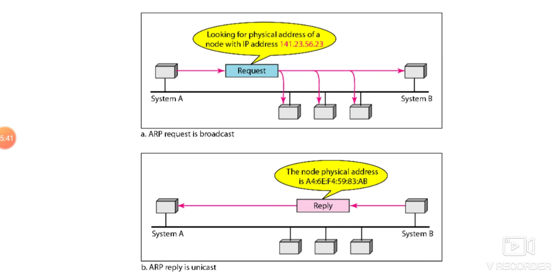The packet is unicast directly to the inquirer by using the physical address received in the query packet, or you can say the source address. So this is the figure for ARP.